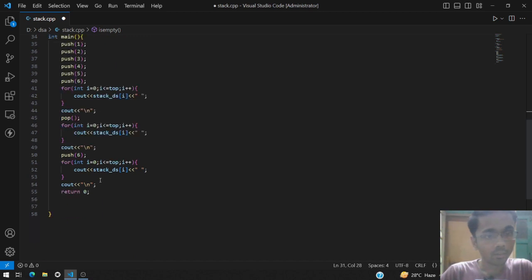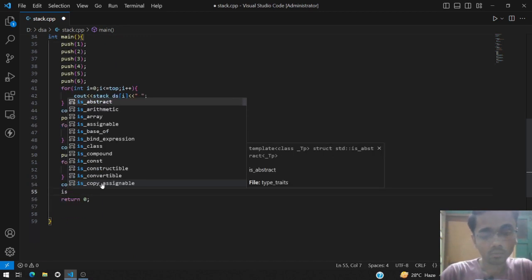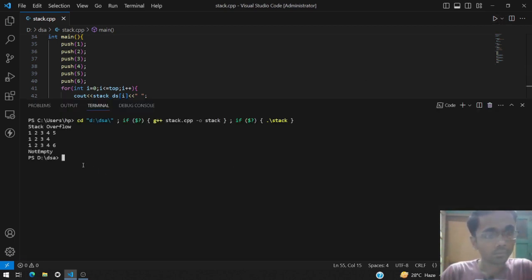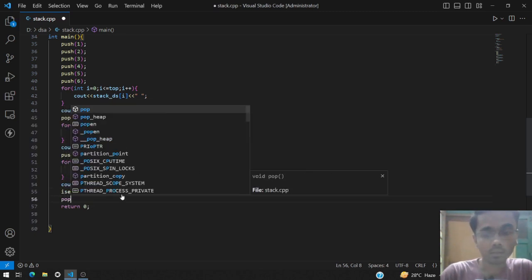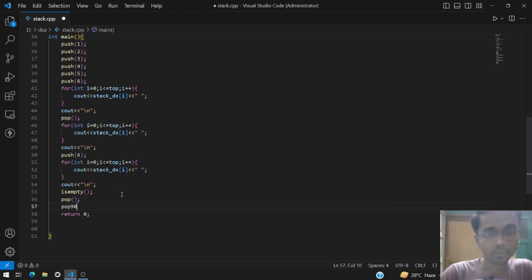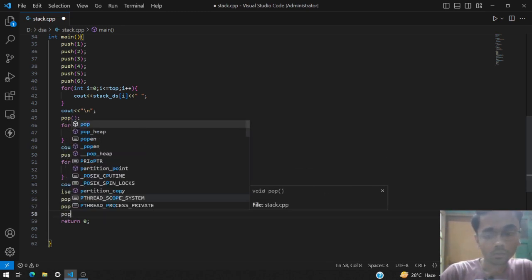So let us see if this is working. Yeah, if we have all the elements inside this stack, that means the stack is not empty, so it is displaying not empty. Let us pop out all the elements. We have 5 elements, so we will pop it 5 times.